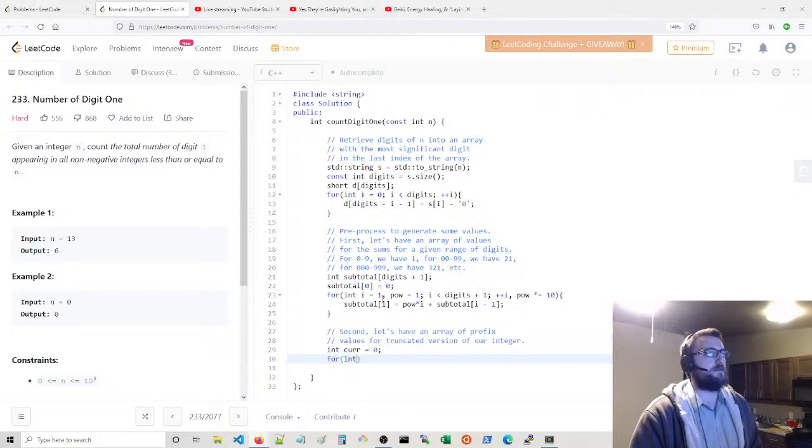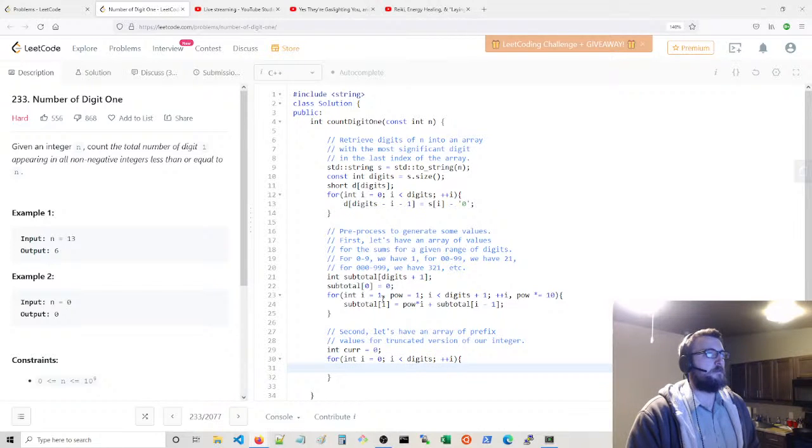We're going to say for int I equals 0, I is less than d, or digits. We're going to say const int val is going to be d of I. And we're going to say current is going to be 10 times current plus this value. And we're going to say, so int